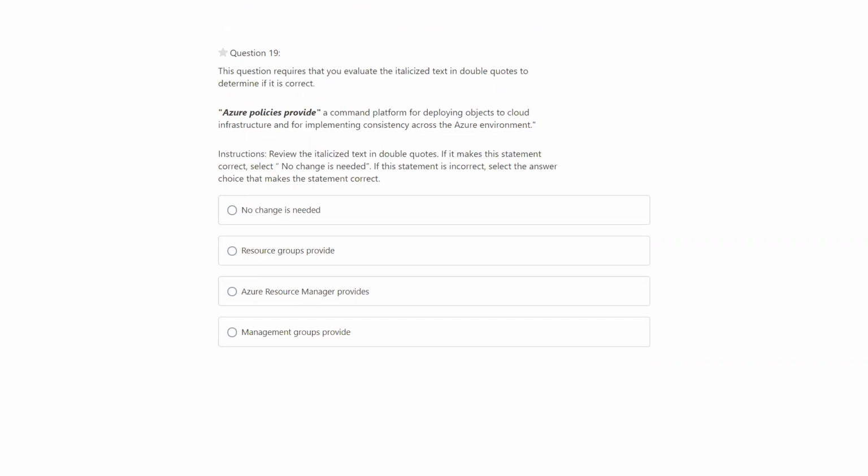The question is: Azure policies provide a common platform for deploying objects to cloud infrastructure and implementing consistency across the Azure environment. This is the definition of the Azure Resource Manager provider, where you can build your resources, deploy your resources, and manage your resources using the RM template.